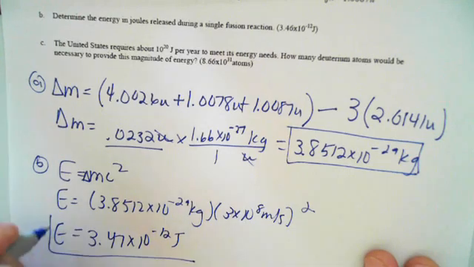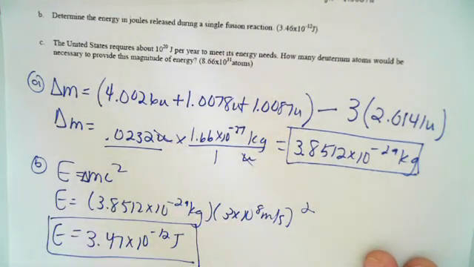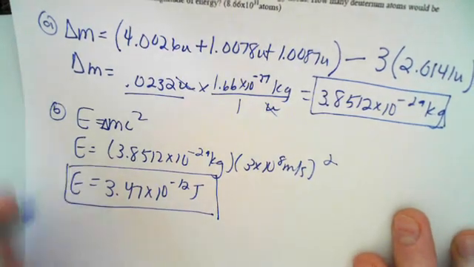And you might think, man, that's not a lot of joules. But, guys, that's for a single fusion reaction. Imagine how many billions and billions and billions of those are happening, for example, inside the sun. Okay, and then part C